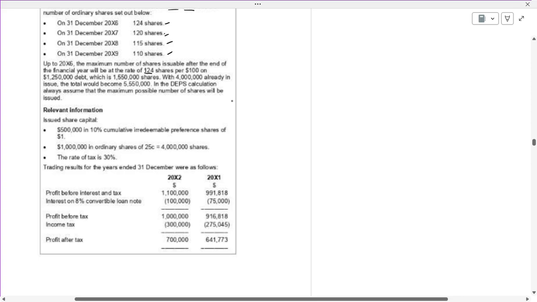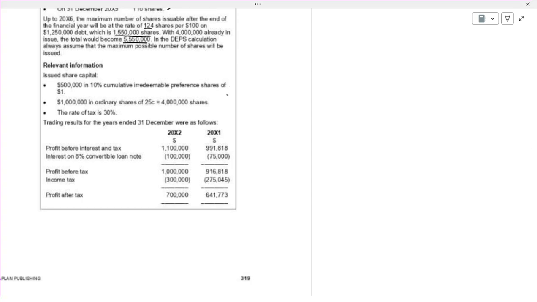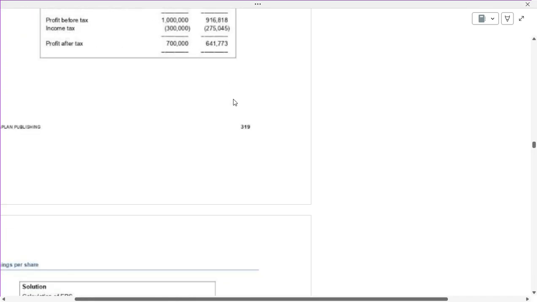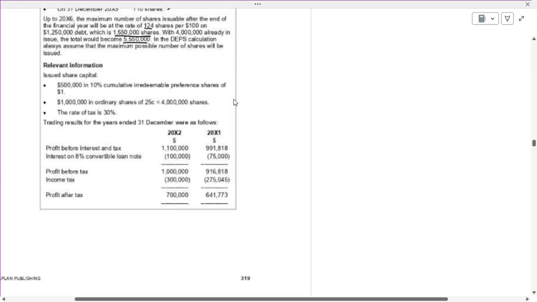On 1.25 debt with this many shares. With 4 million shares already in issue, what will happen? The 4 million are there, you are adding the convertible shares as well as the old shares. Definitely the diluted earnings per share will get affected. Okay, what we are doing is this. They gave the information that